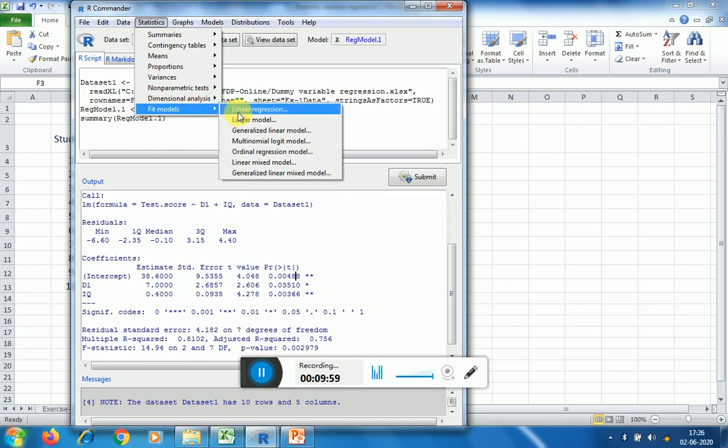So in R, if you have dummy variables given in the form of factors, for example, a variable with strongly agree, agree, neutral, disagree, strongly disagree, so you have a total of 5 factors. So this data is called factor data.